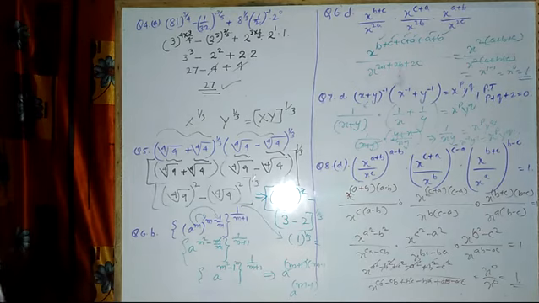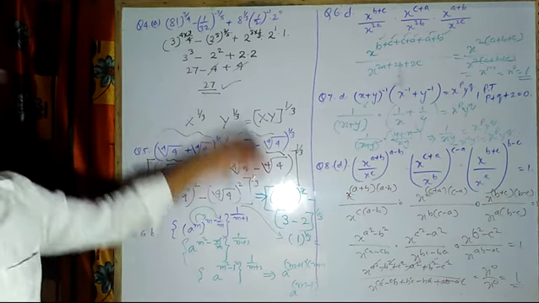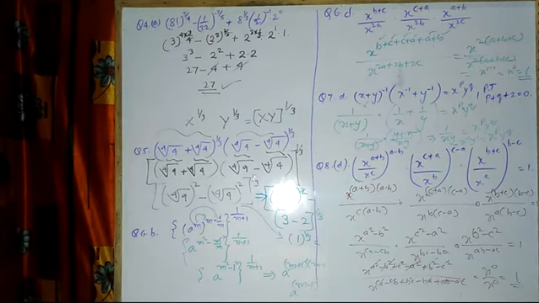So in this way, we finished all the numerical problems. I hope there won't be any problems as such. You all can easily solve the remaining sums A, B, C, D, whichever is there. The only thing is that you have to apply your laws, whatever laws I have taught you, and bring the bases into the smallest form and then solve. Thank you.